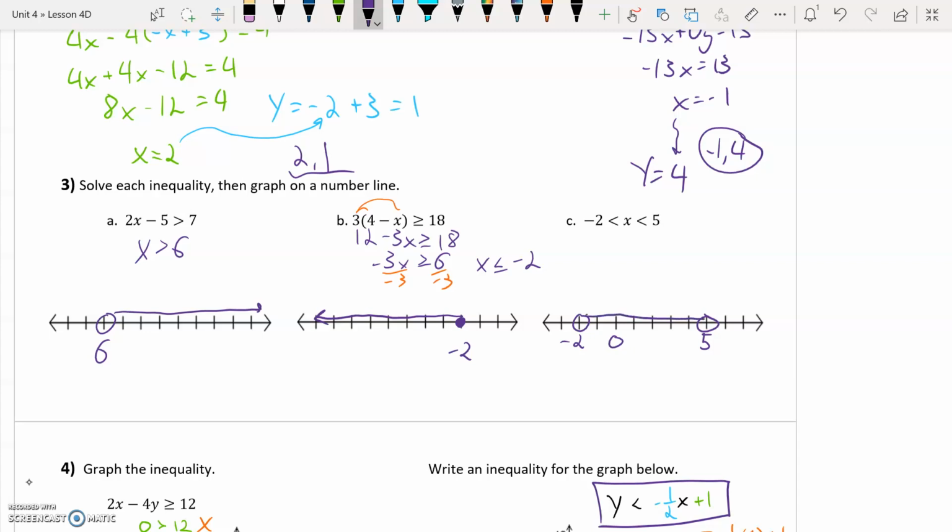And you connect those, and notice we look at the inequality. x is greater than negative 2 and less than 5. So it basically says x is between negative 2 and 5. And that's what our number line shows. So this is a compound inequality where